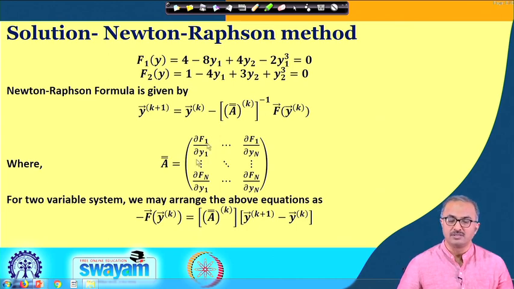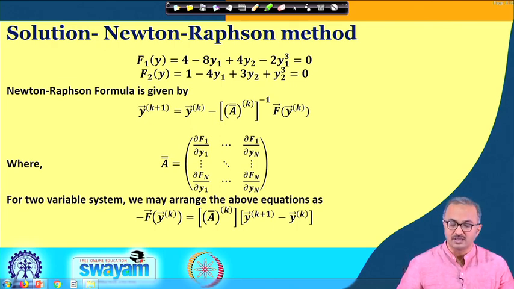So this is a two variable problem, for which I have just shown you how we can simplify this solution. Whenever you have a two variable problem, you may rearrange the equations so that you can avoid the evaluation of the inverse of a matrix. Please understand, when the system becomes larger, we cannot do this kind of rearrangement, and we have to have the matrix inversion in the computation.